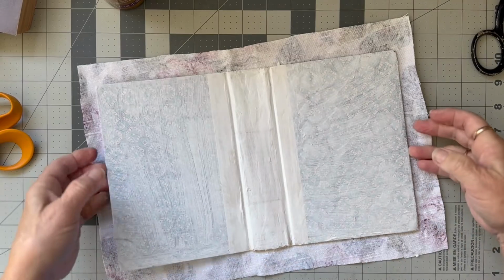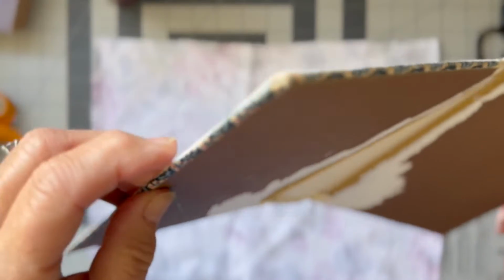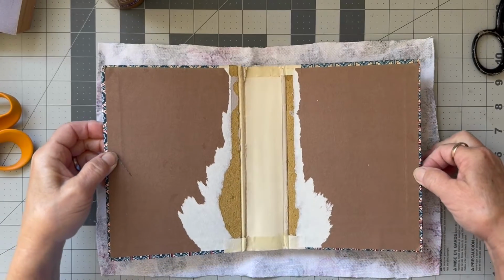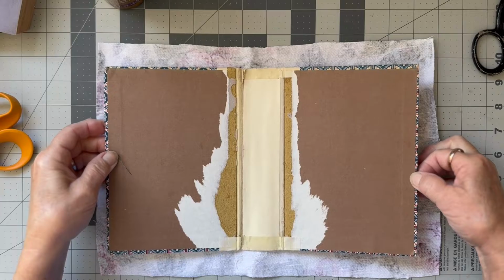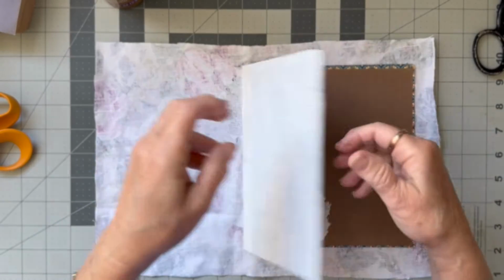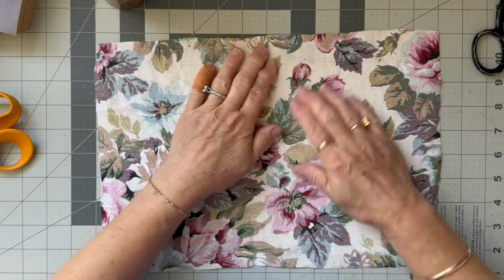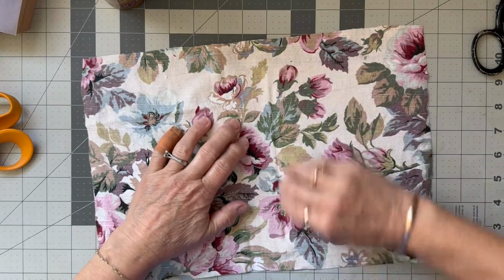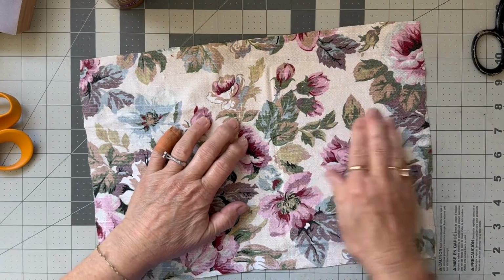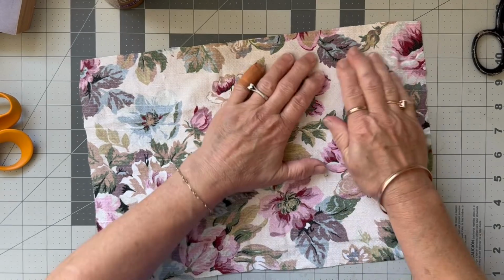Now I'm going to turn this over. I should stop worrying about what's the front and the back because it doesn't matter. So this is the back. That looks like I've done first. Now let's have a look. Make sure I've got plenty around the edge of everything. Turn it over. Press it down and just